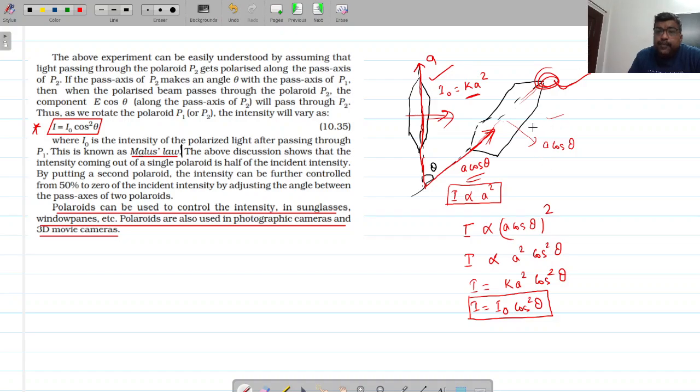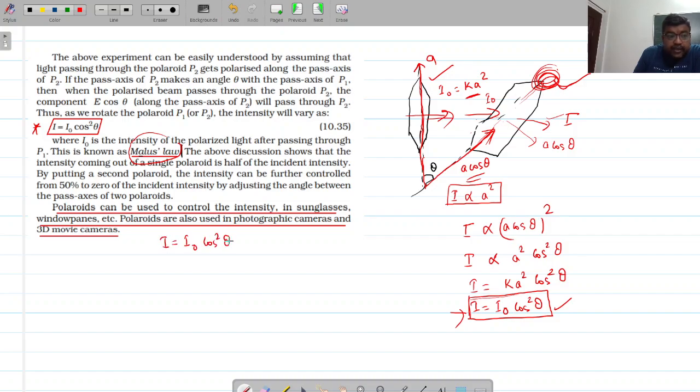Okay. So this is the relation between the incident intensity. On the second Polaroid, the incident intensity is I naught, the emerging intensity is I, and the angle between these two Polaroids is theta. So the intensity I is equal to I naught cos square theta, and this is known as Malus law. Now we have I is equal to I naught